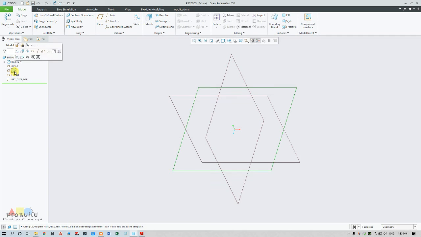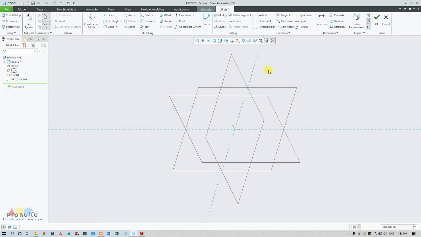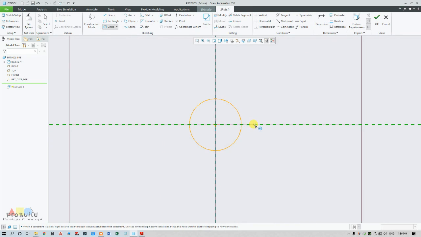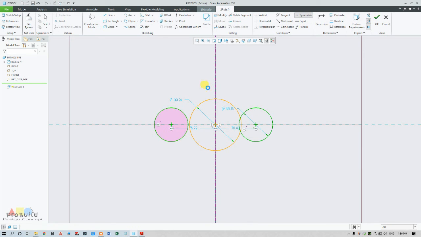Now I'm going to select the top view, go to extrude, and now I'm going to draw the bigger circle. Now go for a smaller one, and here equal. Now draw the center line, make this as symmetric, this and this are symmetric.